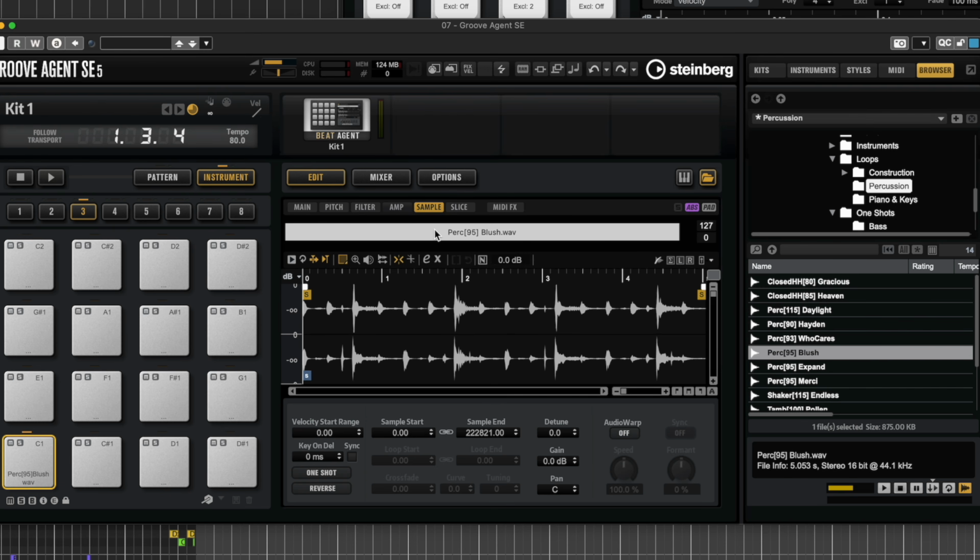We're gonna click on the sample tab, and there we're gonna turn that audio warp on. Let's set it to solo again, and we're gonna turn the sync on to tempo. Okay, so our original tempo was 95 beats per minute. Our tempo is 80 beats per minute. Let's see how this is sounding. This now is playing at our tempo. It's time stretched it, keeps it at the same pitch, which is perfect,